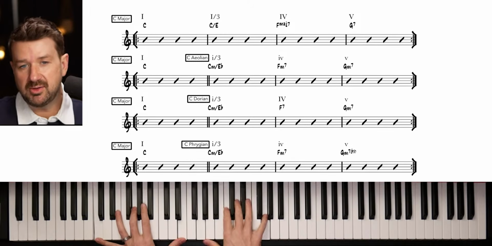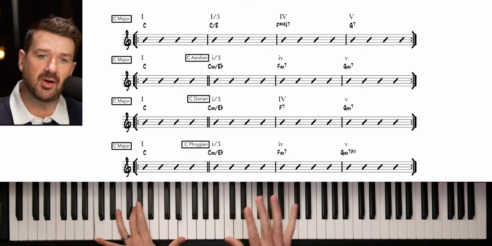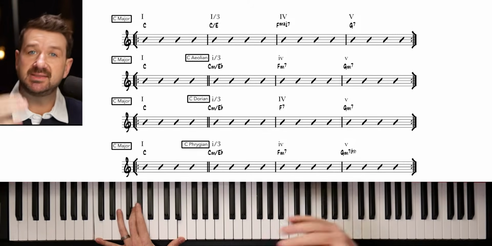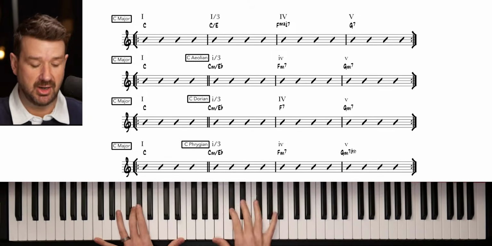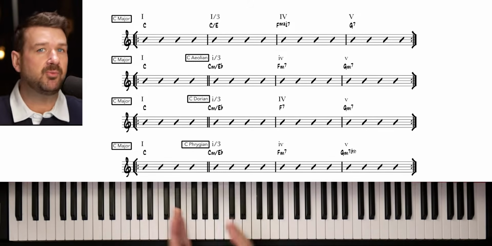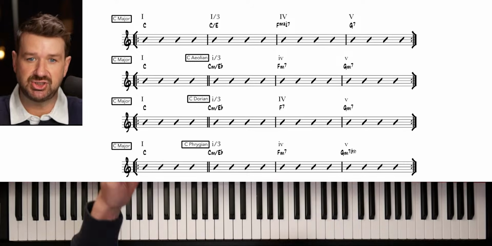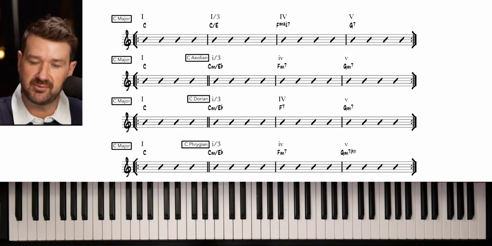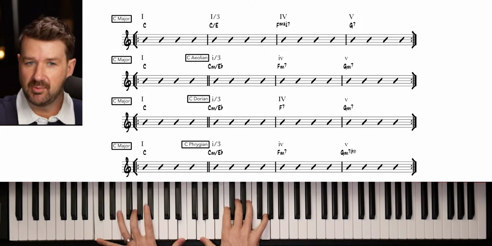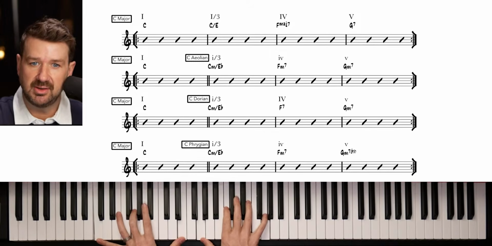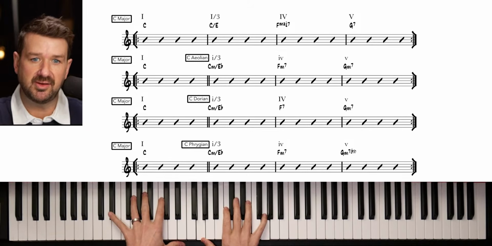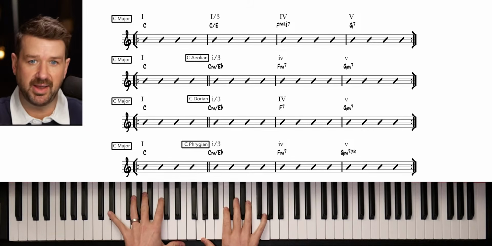Now, the most common way that people use modal interchange is to the relative minor. So we're going to make a note here just out of the start. Every single one of our first chords of today's practice sessions is C major, from the key of C major. This is like our home base, right? We can't have interchange unless there's something to change out of. So as we do our first bit of modal interchange, if we look at our second line down here, we're going to start in that C major, and then immediately we're going to borrow to C Aeolian. This is also known as the relative minor, right?